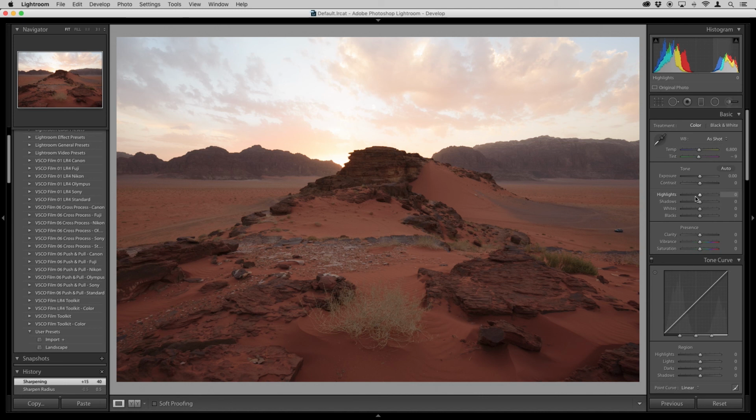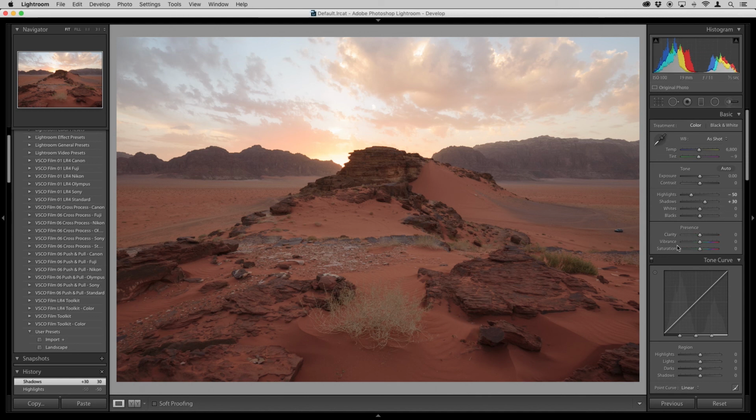So in this case, I'm going to just start with something like -50. And as you can see, they already did a pretty good job there. Again, it gives me an ability to see the potential for editing of the image. I'm not going to touch other areas here, but the shadows is another one that I might want to tweak, and typically something like 30 will give a nice boost to the image. So aside from those two, I'm not going to touch the whites, blacks, and definitely not anything in the presence.